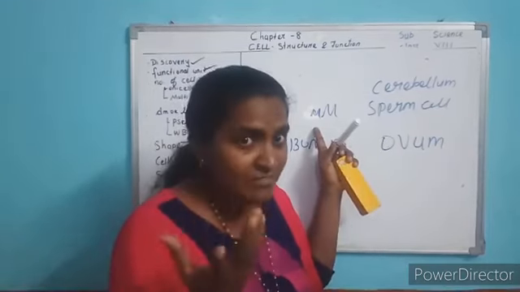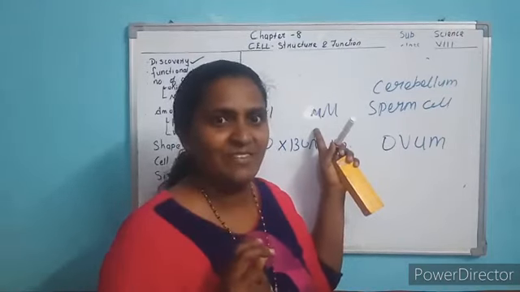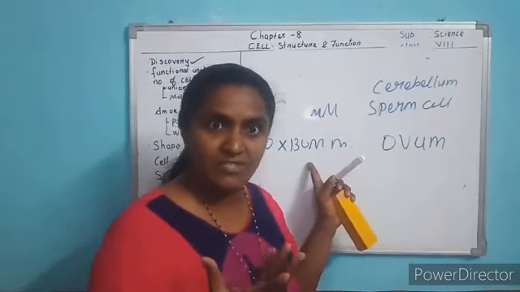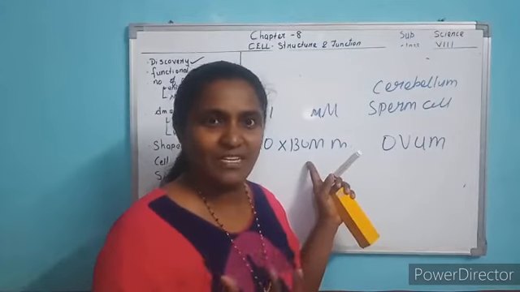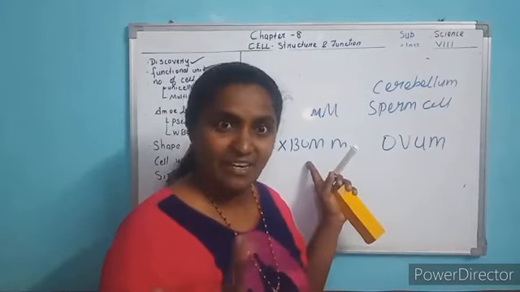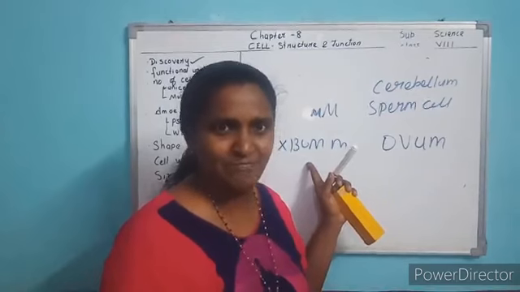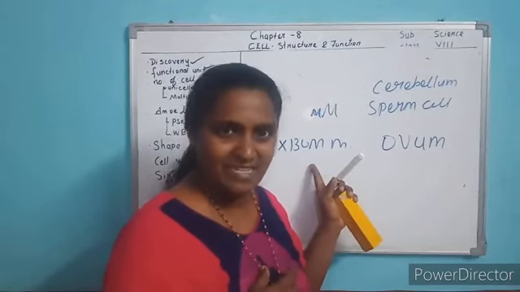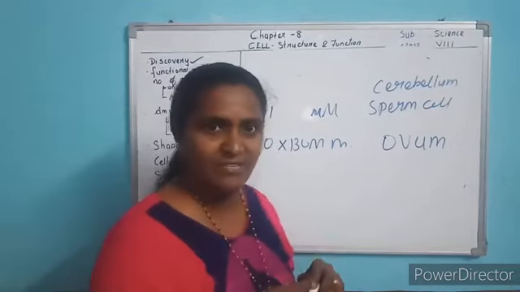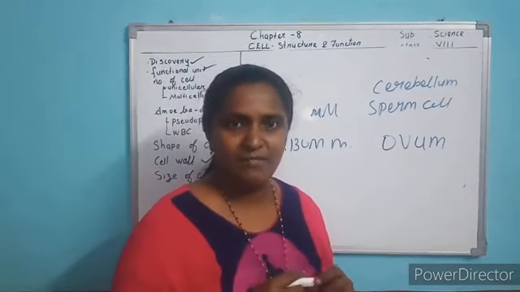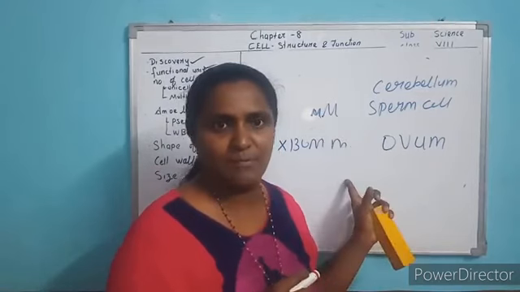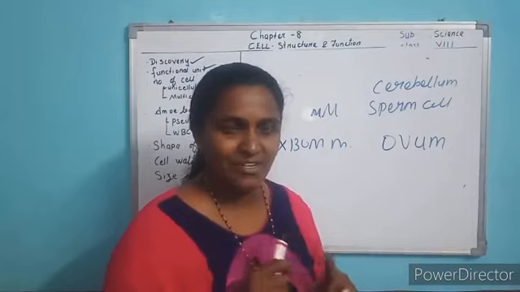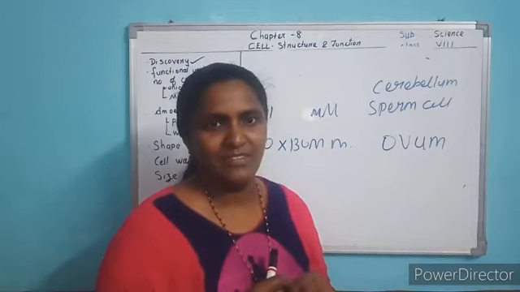This cell we cannot see with our naked eye; only with the help of a microscope can we see it. The ostrich egg is so big, the biggest cell among organisms. The size is around 170 and 130 millimeter. It is micrometer for bacteria, millimeter for the egg. Understood? So the size of cells is not similar.